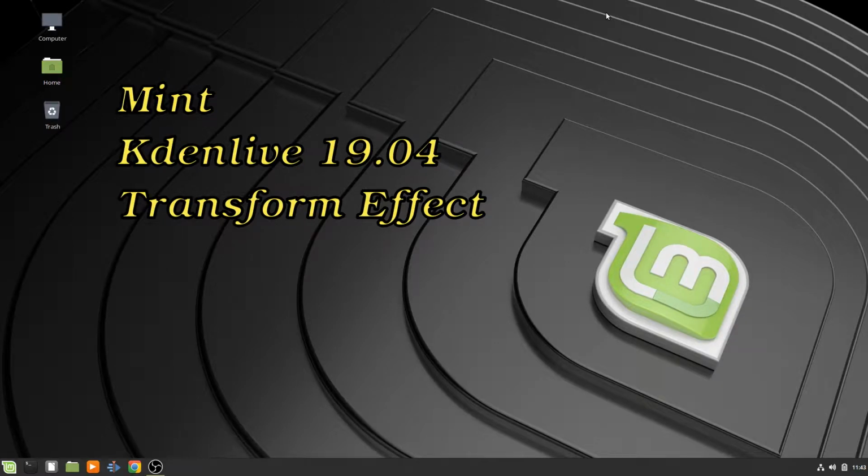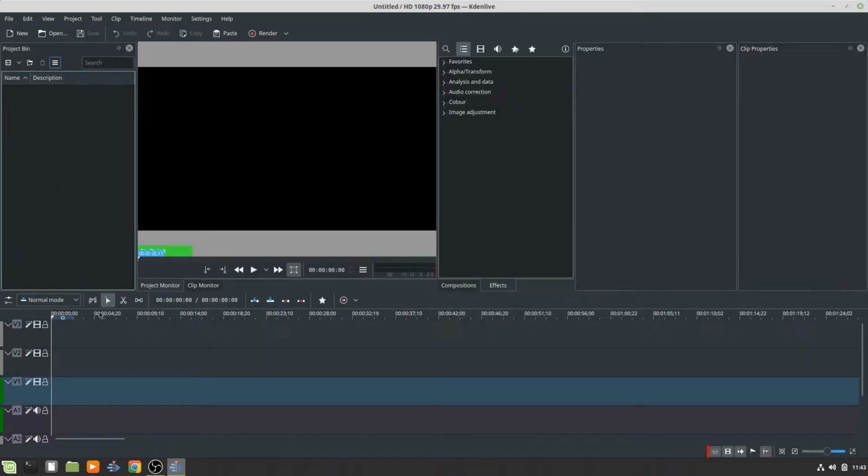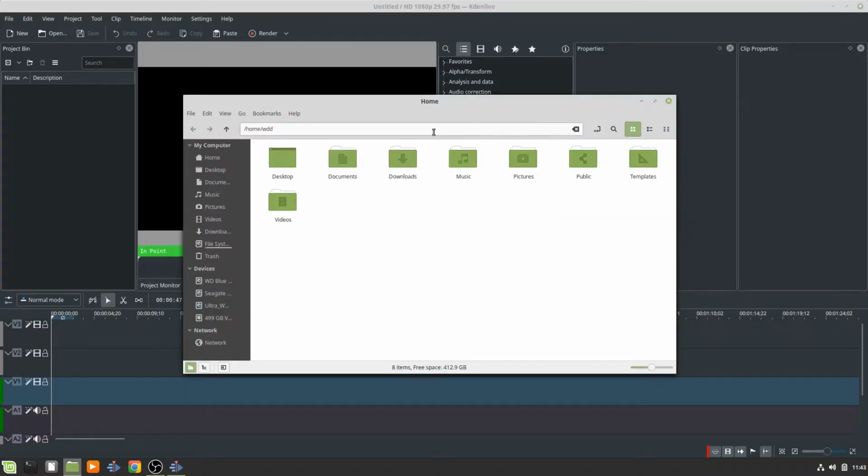Okay, we're gonna try. I tried to do a crop in Kdenlive, and it didn't turn out exactly like I wanted it to. I'll give you an example here. I have this background video,